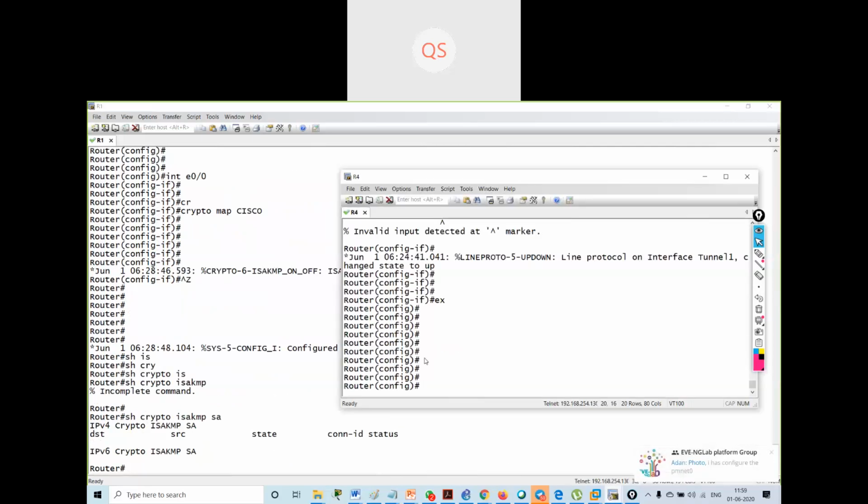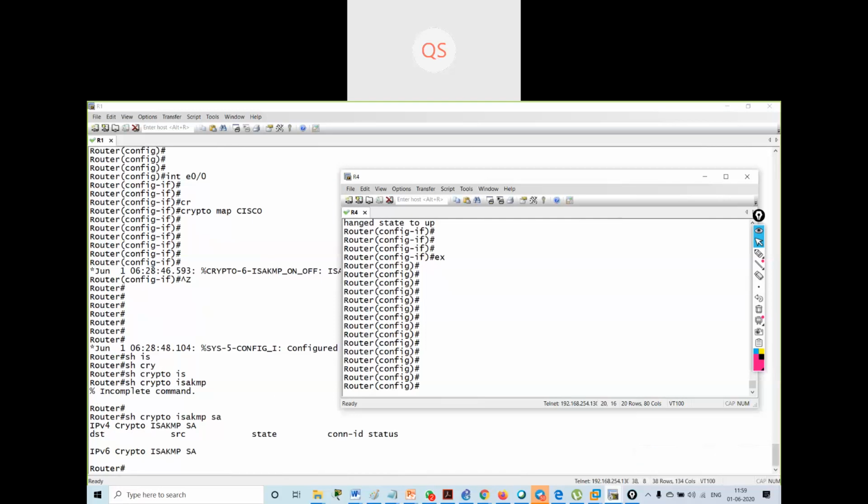Do it on R4. The same configuration I will do on R4. Crypto ISAKMP policy, I will say 10. Encryption AES 128.